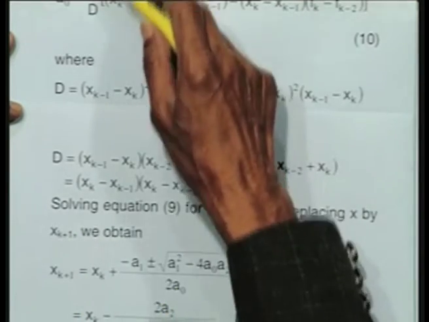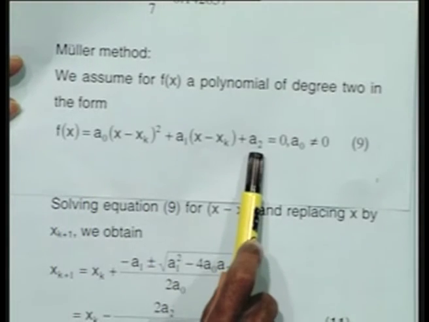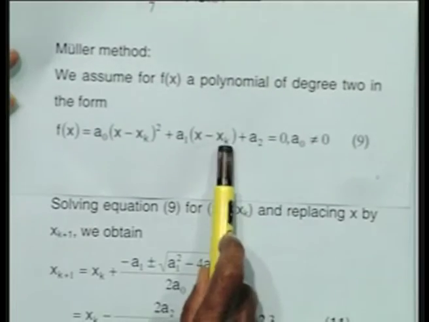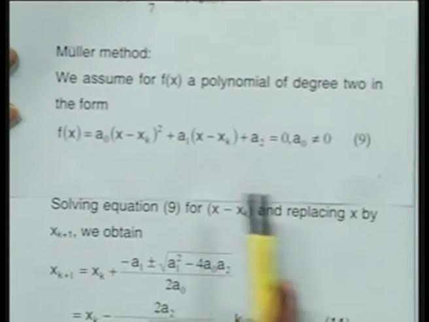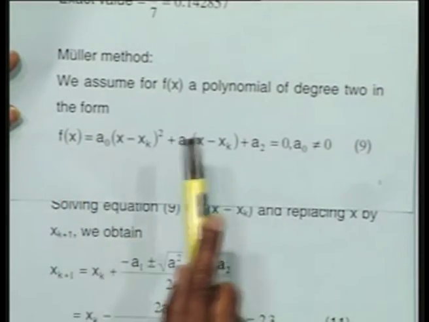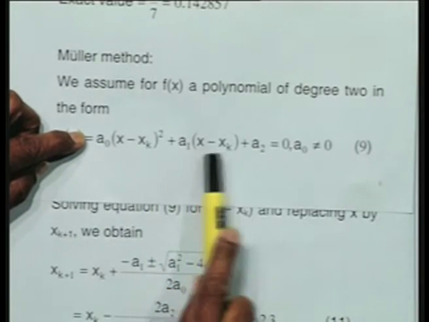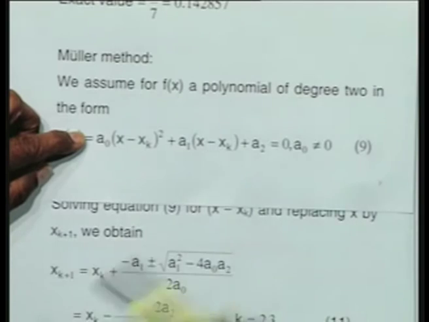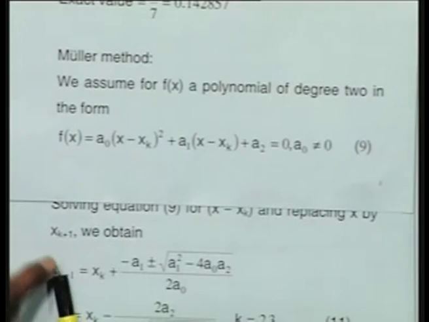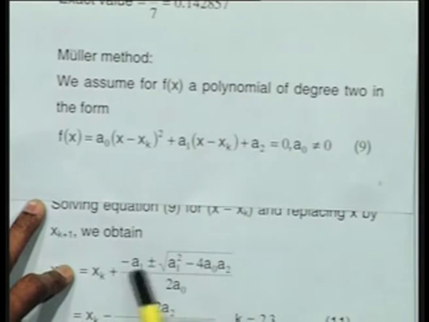Now since we have solved for A0, A1, A2, we can go back and substitute in this. So I substituted for A0, A1 and A2 here, and once I substitute it over here, I can write down the next approximation. So the next approximation is f of xk plus 1, here I am putting this equal to 0. So I am putting xk plus 1 here, xk plus 1 here, this is a quadratic equation for xk plus 1 minus xk. So I solve by the ordinary method, that is xk plus 1 minus xk is equal to minus A1 plus or minus under root A1 square minus 4 times A0 A2, divided by 2 times A0.